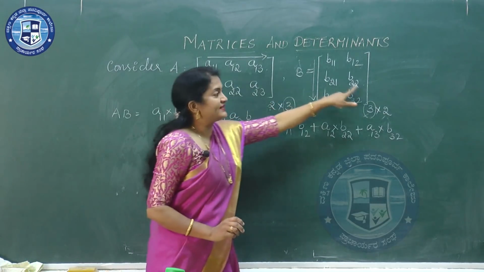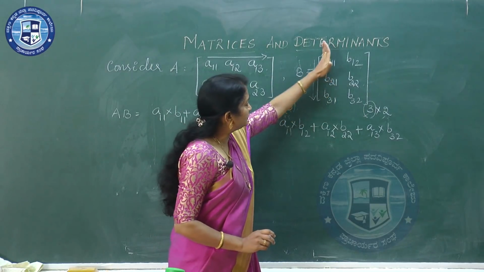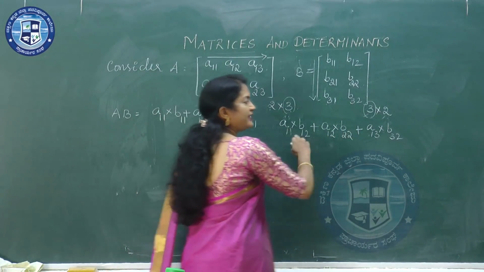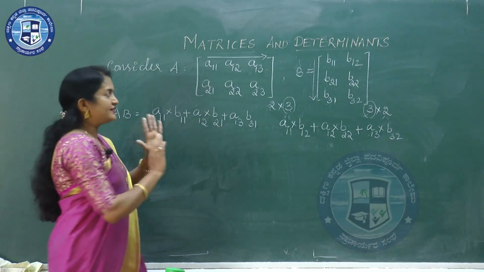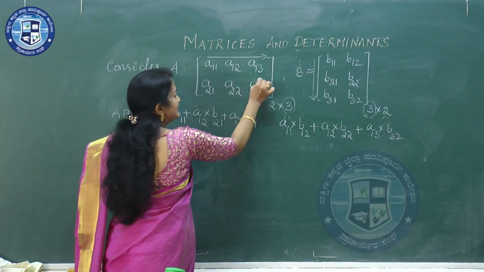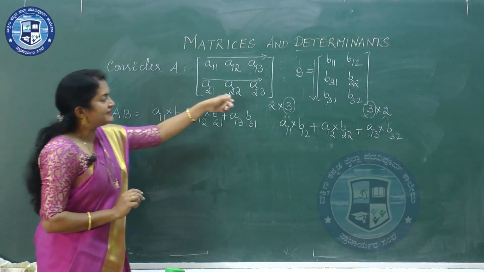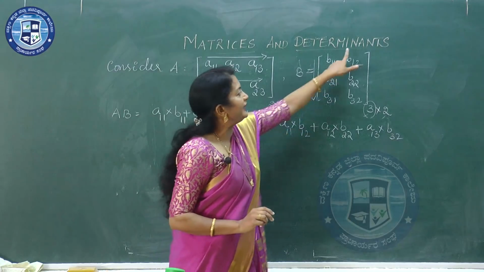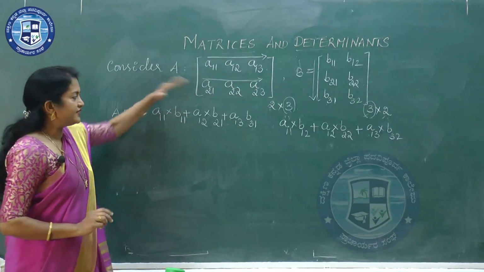Now, all the columns are over. So, with this first row, both first column and second column we multiplied. Now, there won't be any more elements in the first row. Now, first row multiplication is over. We will be considering now second row. With this second row, we will multiply the first column and the second column. The same way how we did in the first row.